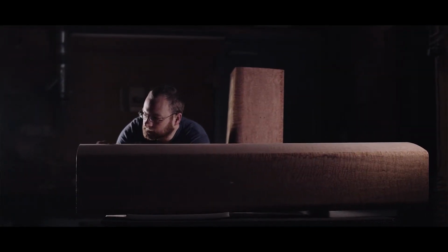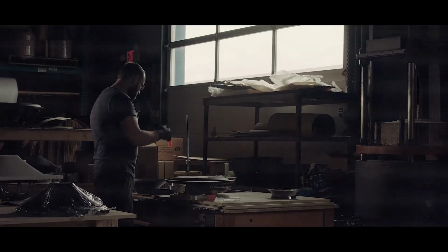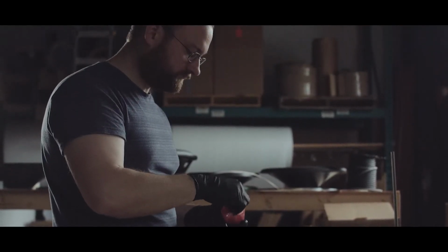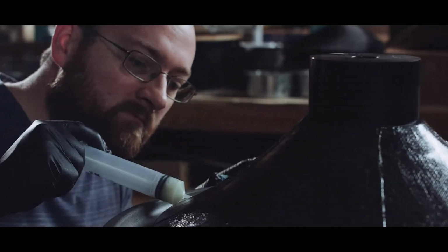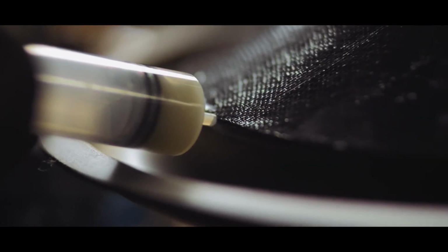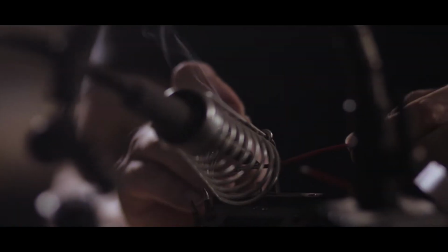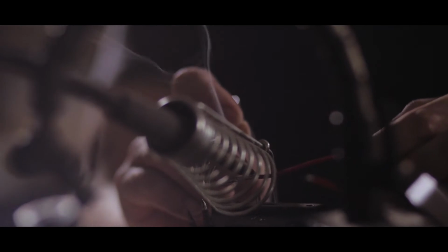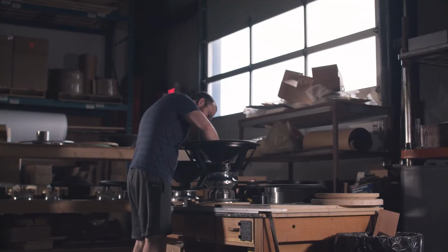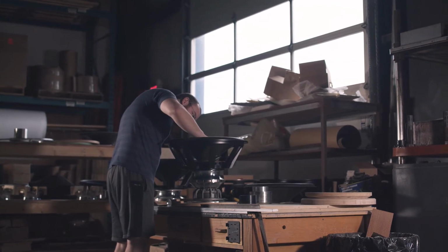The advantage of building our own drivers in-house is not only quality control. Every driver is built by hand. I know every piece of it, but also knowing how it's going to perform in real-world situations. It helps me to determine with feedback from the customers how best to tune the subwoofer that they have or the speaker that they have, because I know what it's capable of, having such an intimate knowledge of its design